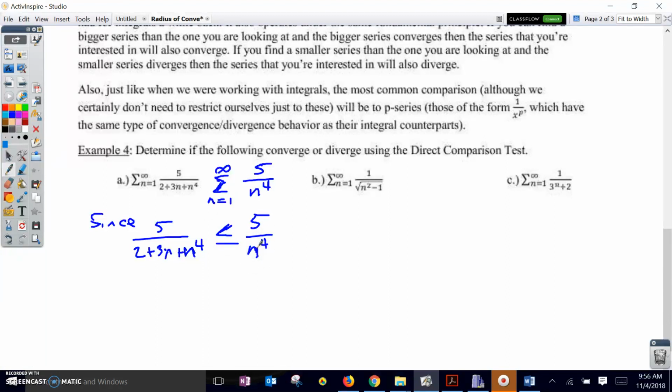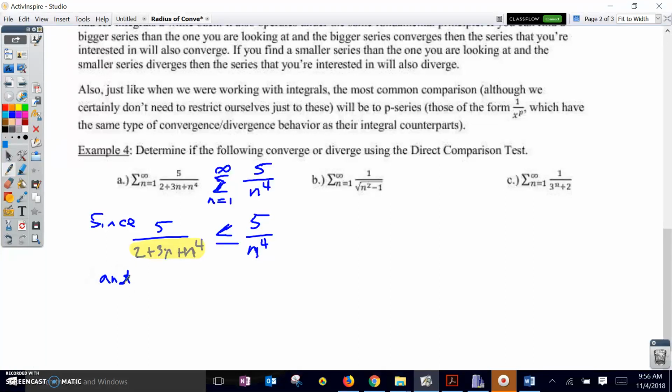And if you reason your way through that, for any value of n, the denominator of this first fraction is going to be bigger than the denominator of the second fraction, and therefore the fraction itself is going to be smaller. So since that function is less than 5 over n to the fourth,